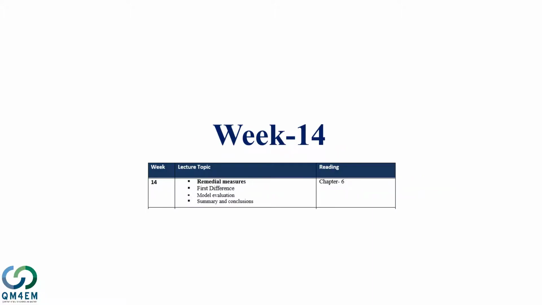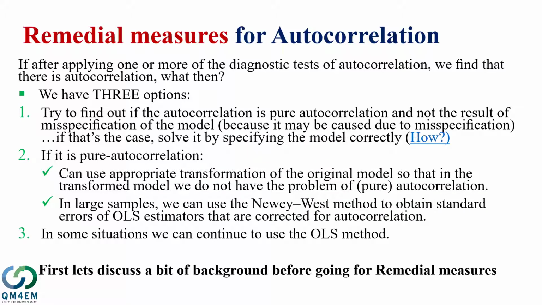Gujarati, regression diagnostics. In this week we were discussing the remedial measures for autocorrelation. We already discussed the first difference. The model, evaluation, and summary and conclusion will be covered in this chapter. We did cover the part of remedial measures. We will continue our discussion from there, but first, to link my discussion with previous learning,